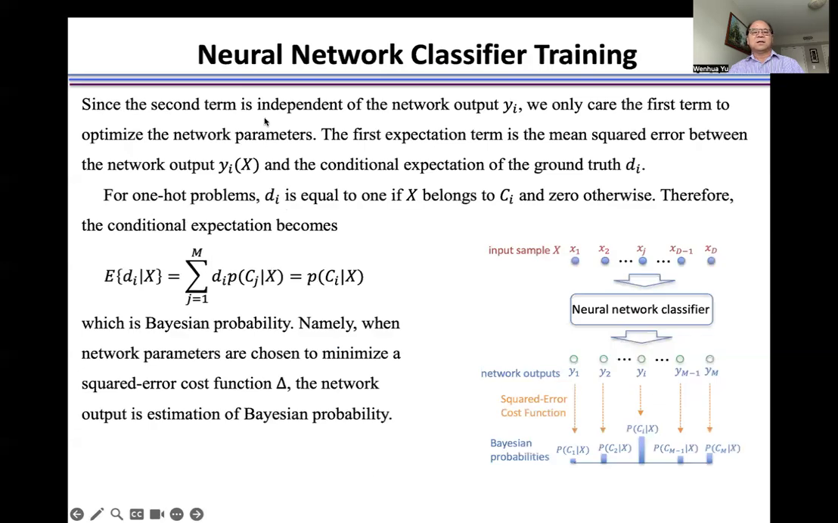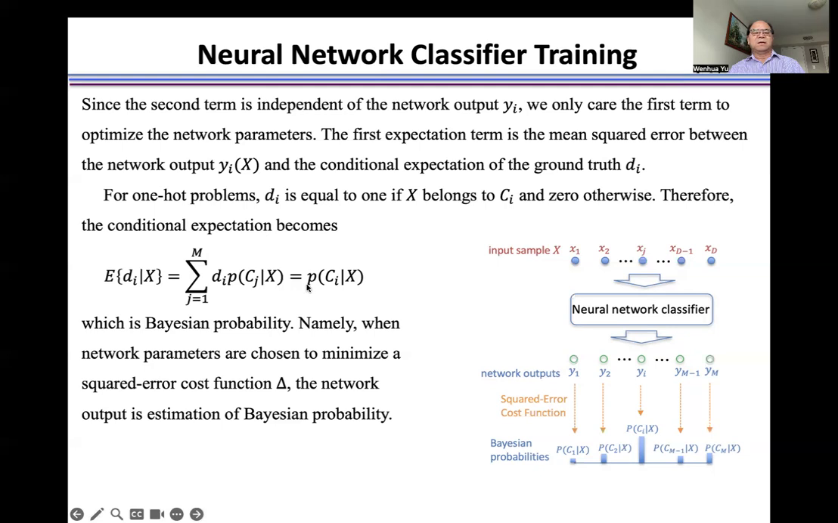Since the second term is independent of the network output yi, we only care about the first term to optimize the network parameters. The first expectation term is the mean squared error between the network output yi and the conditional expectation of the ground truth di. For one-hot encoding, di is equal to 1 if x belongs to class Ci and 0 otherwise. Therefore, the conditional expectation becomes